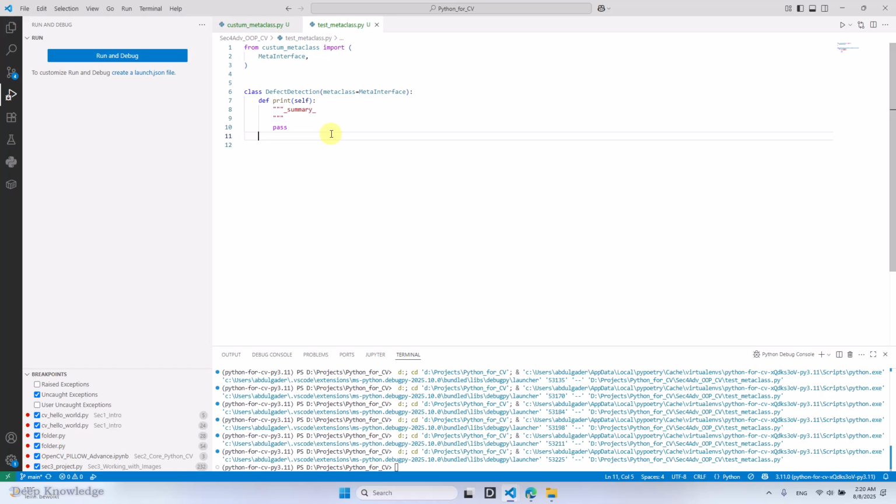So now, as a summary, what I have added in the custom meta class is that the class name has to start with a capital letter. All methods have to be lowercase, and also each method or function has to have